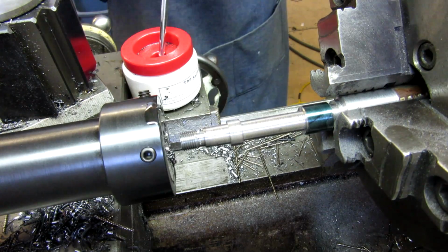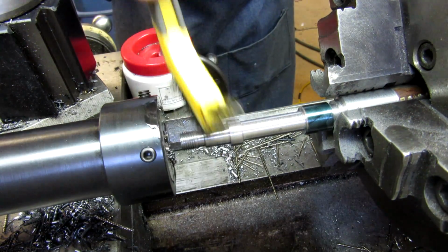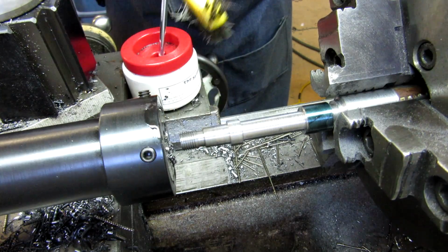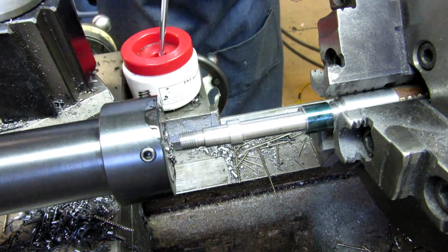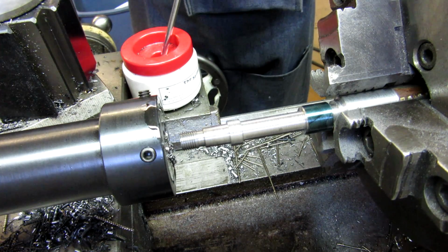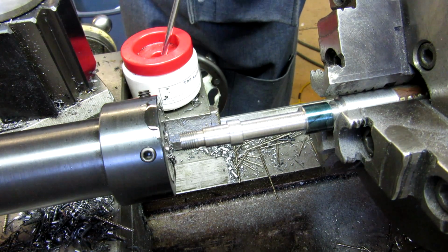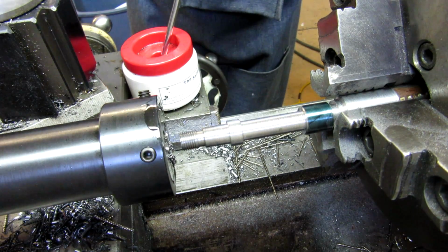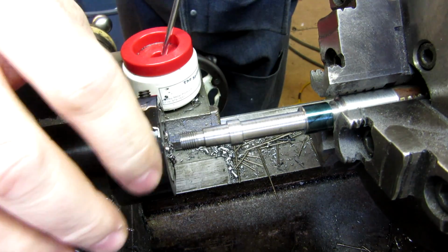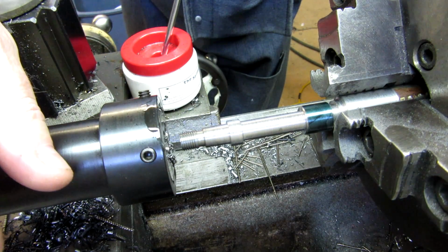Alright, there we go. Beautiful 3/8 by 24 thread. We had the lathe in the second back gear range, so we were running about 25 RPM there. You obviously can do it faster, but it just makes it easy in case you get an